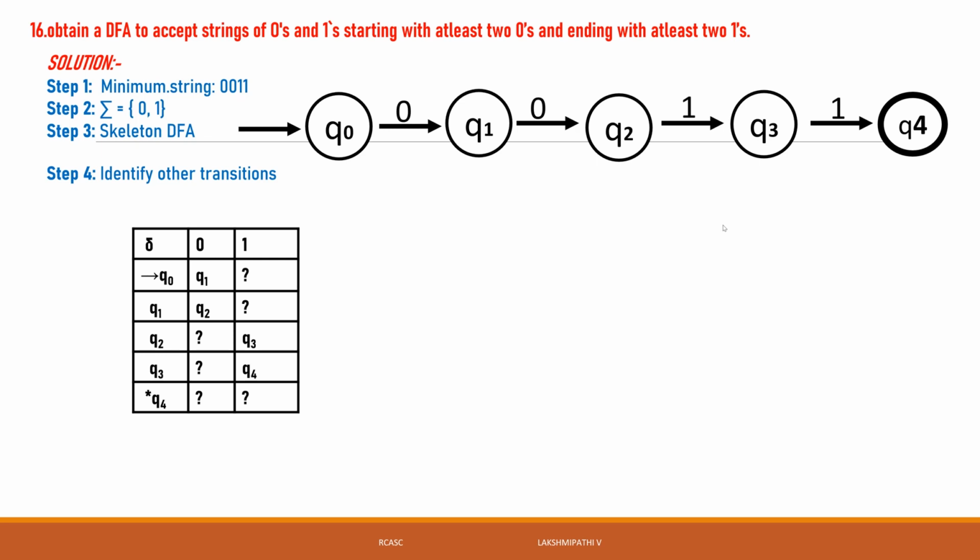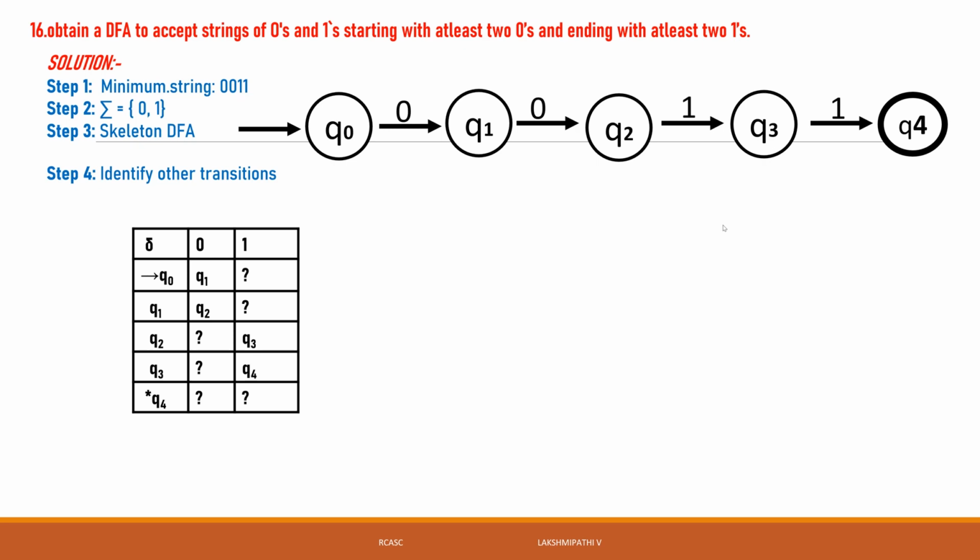For each and every state, what are the alphabets? Sigma is 0, 1, only two input symbols. That's why, when we design the machine, we need to show the possibilities of the input symbols. Q0 of 0 goes to Q1, but Q0 of 1 we have not declared. Sometimes a string will start with 1 1, and at that time we need to show it. We are considering that type of string also. That is the undefined state; in the skeleton itself it is not defined, so we need to show it.